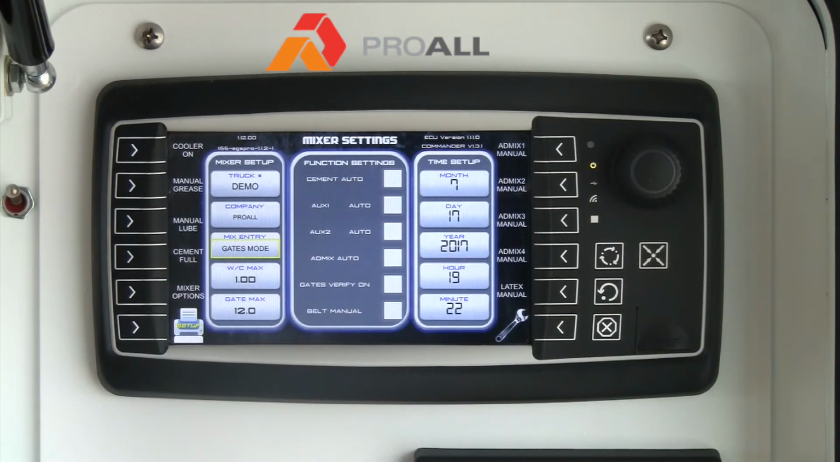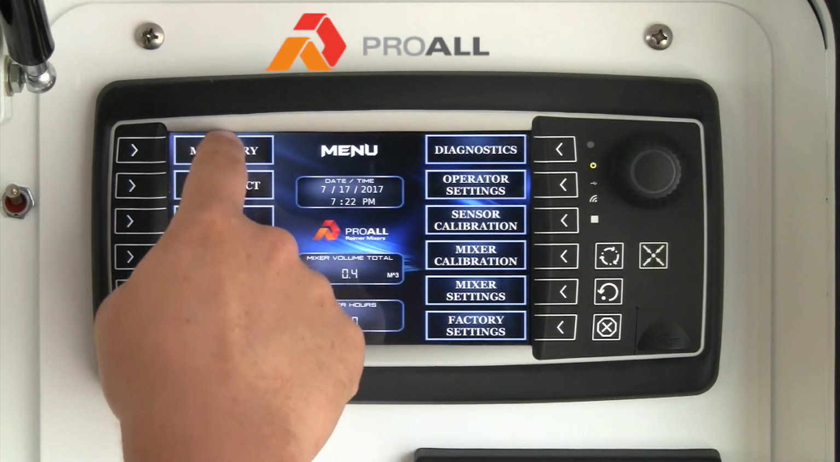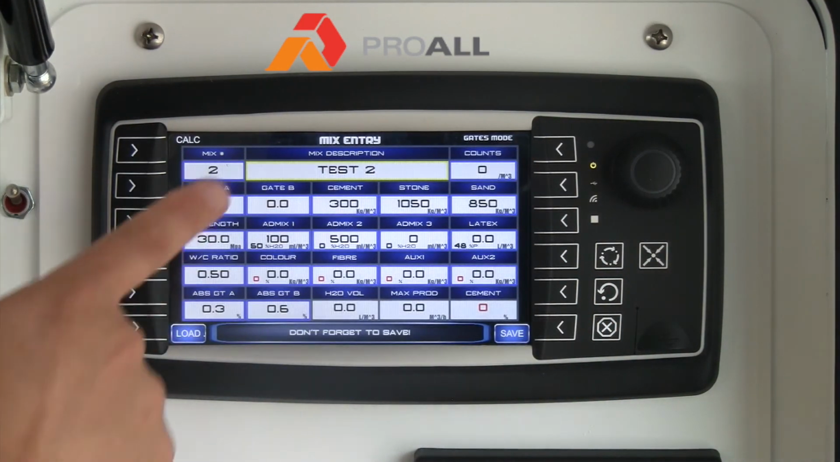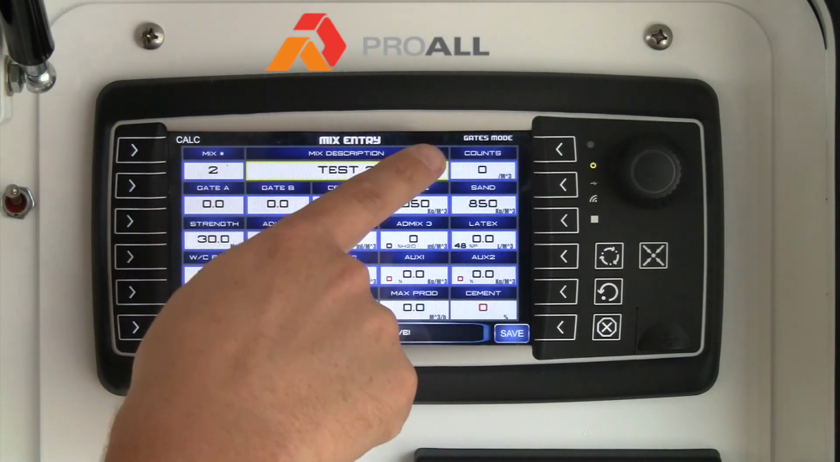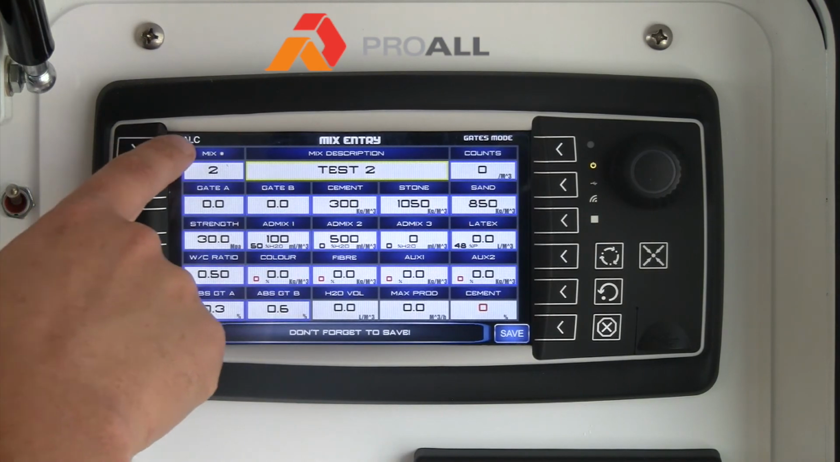We're going to start with gates mode, and I'll explain how that one works first. So now we're going to go back to our mix entry screen. You know that you're in the gates mode or any of the different modes by looking at the value on the top right hand of the screen here. So in this case, we've selected gates mode. So when I go to press calculate now, or this button here, calculate there,